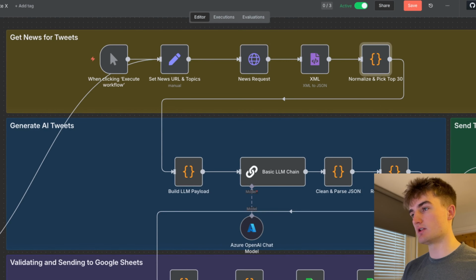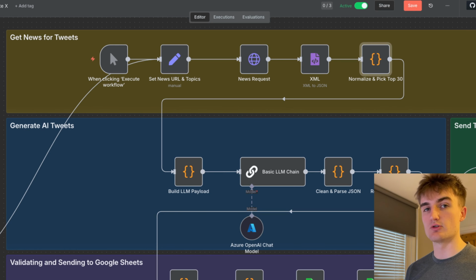Thought I'd just do a quick video to explain this N8N workflow which I've created, which basically gets news from a Google RSS feed. It generates multiple tweets from that news, and then it sends it over to a Google Sheets document, which stores it as a database, and then that can be sent over to you via a Telegram message for you to approve or disapprove of a tweet, which is then updated in Google Sheets, which in turn